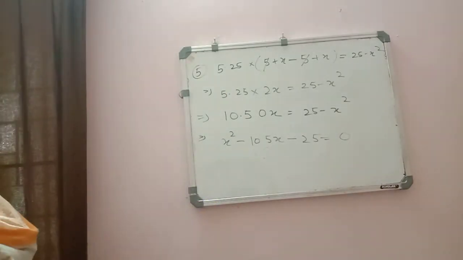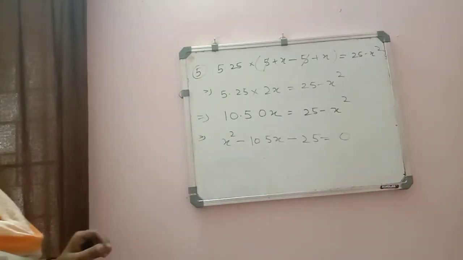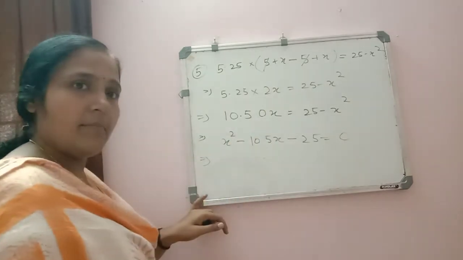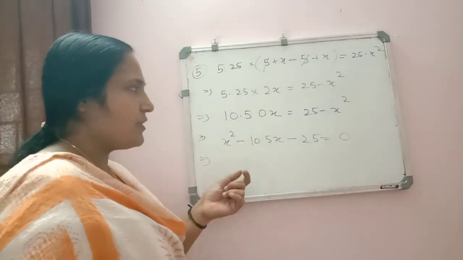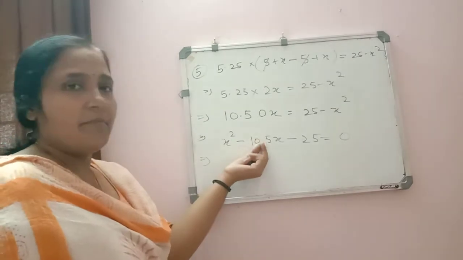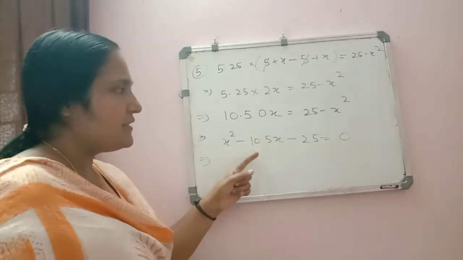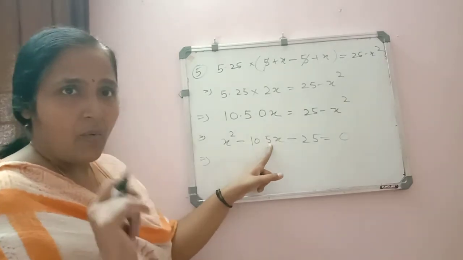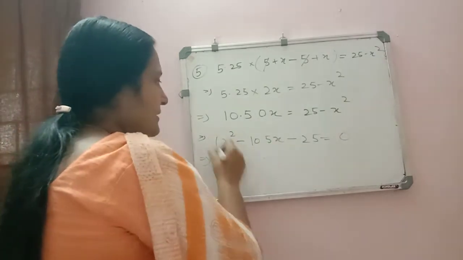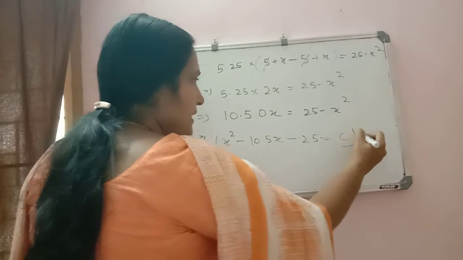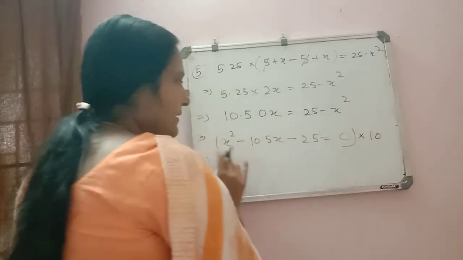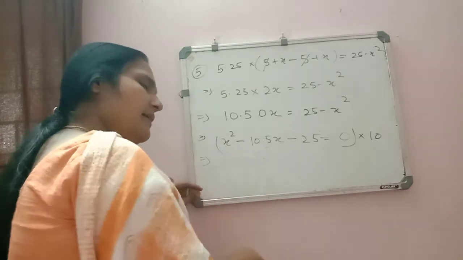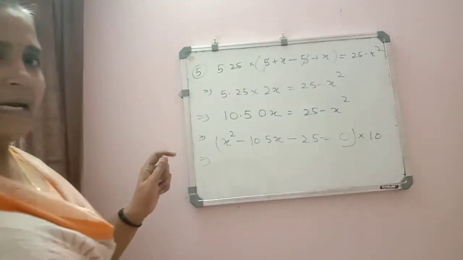If you want, you can solve from here. Or if doing the calculation in decimals is difficult for you, you can remove the decimal. How will we remove the decimal? After the decimal sign, how many digits are there? 1 digit only. This one is optional. If you want, you can do it. Otherwise, here we got the equation, and if you are comfortable with decimals, you can start solving here only.